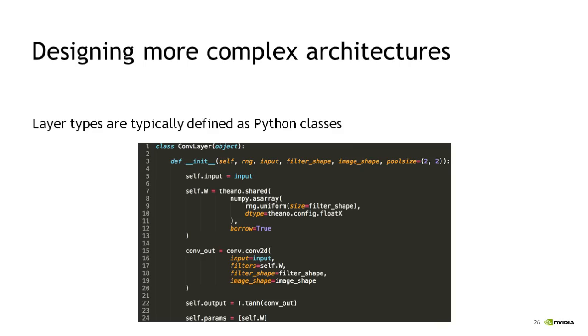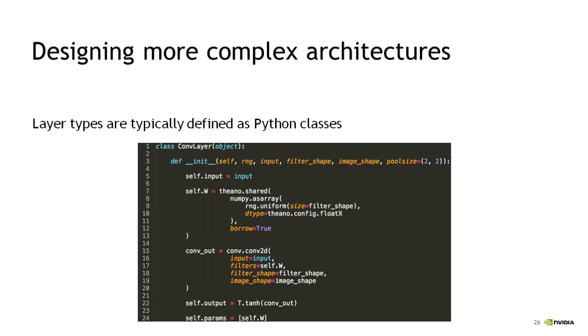So again, everything I just described, that machine learning example, is completely indicative of how you would define a more complex machine learning use case where you're using stochastic gradient descent to train a deep neural network. Really, the only added complexity is how you keep your code efficient whilst defining some of these much more complex layer types and symbolic expressions, such as a convolutional layer. So here on this chart, I've got an example of how a convolutional layer might be defined as a Python class.